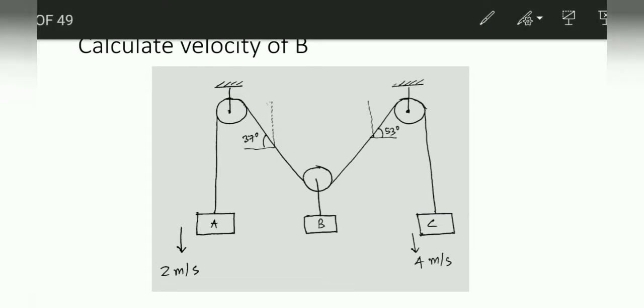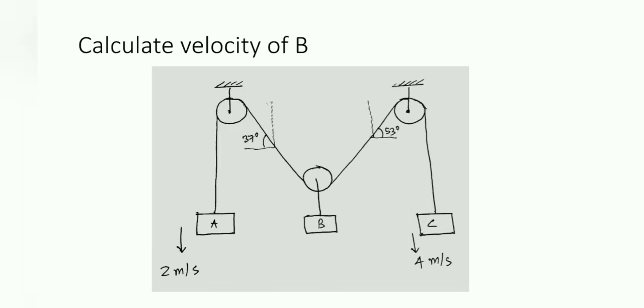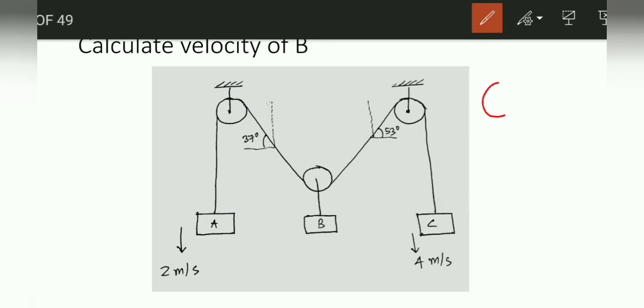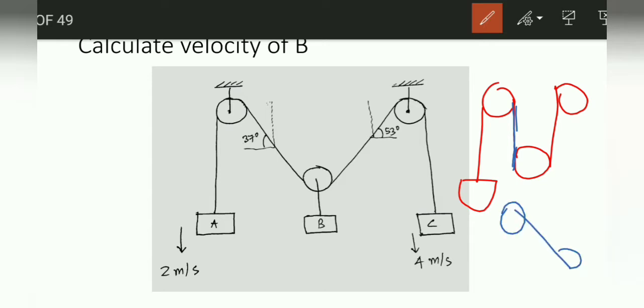Now a problem to illustrate the concept, to show the application of that concept. See, those who are taking notes, I am telling them, when you are drawing a pulley, if I have drawn the pulley like this, this part should be perfectly vertical. You will not make any angle, say like this. No, that is not allowed, because if you make some angle, then this velocity component will change. I cannot write this as VB. I have to take some component. Exactly that is what I am going to show here in this question.